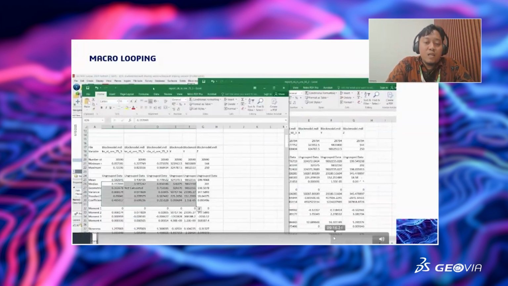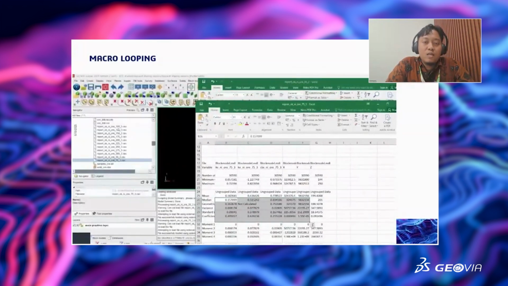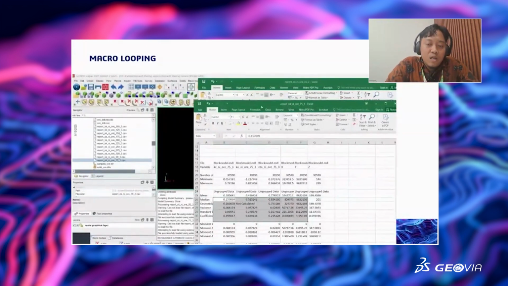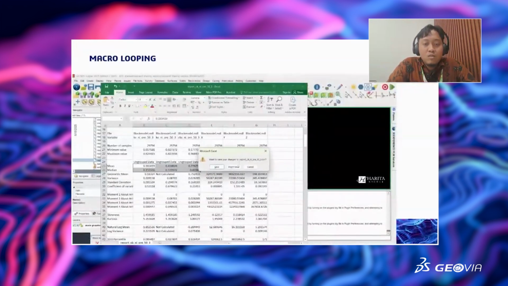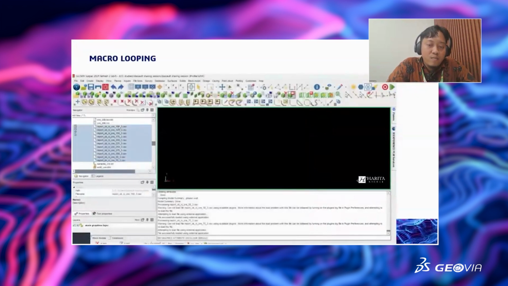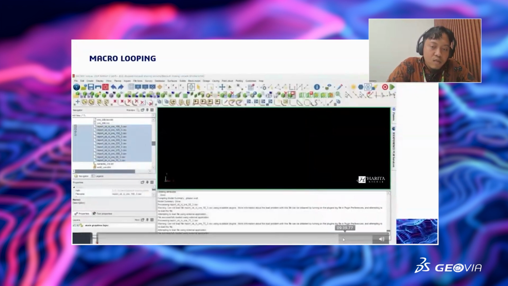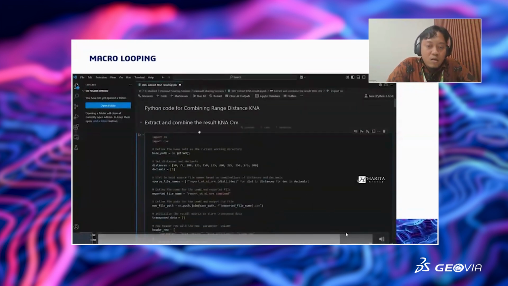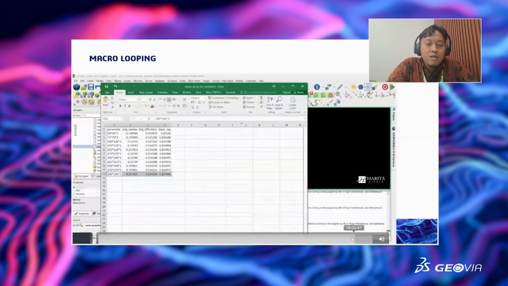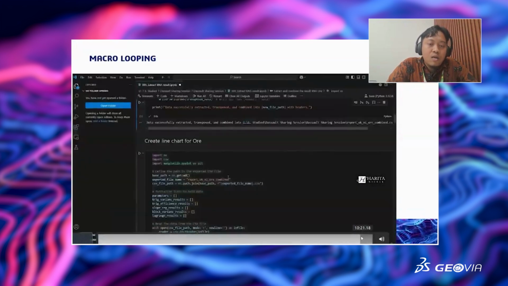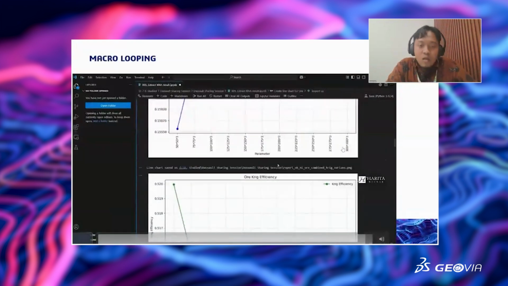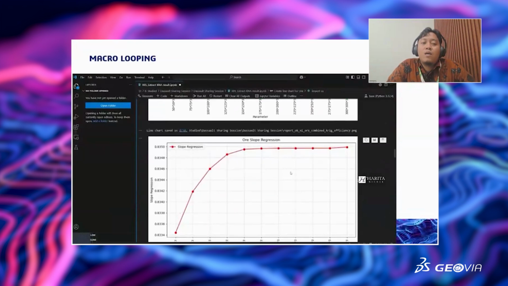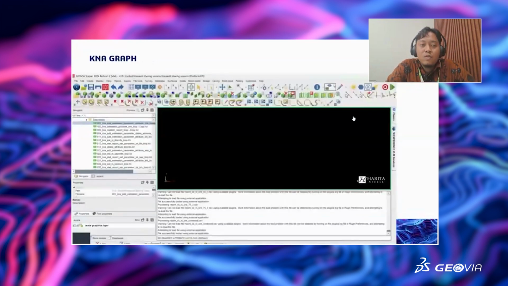I actually use Python to analyze this KNA result, because it will be a lot of data, and a lot of repetitive tasks to analyze this many CSV files. So here I have the Python code to compile and make a graph of my estimation and KNA result. So this is the result, and how to define my KNA process here.